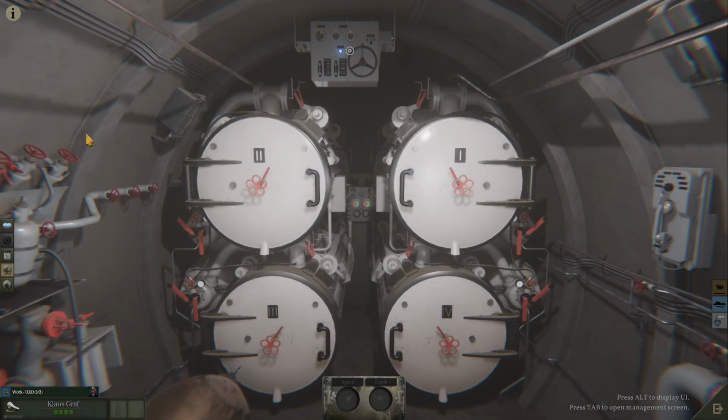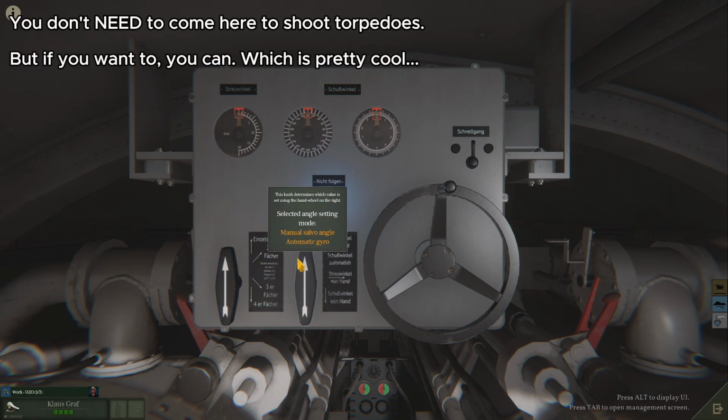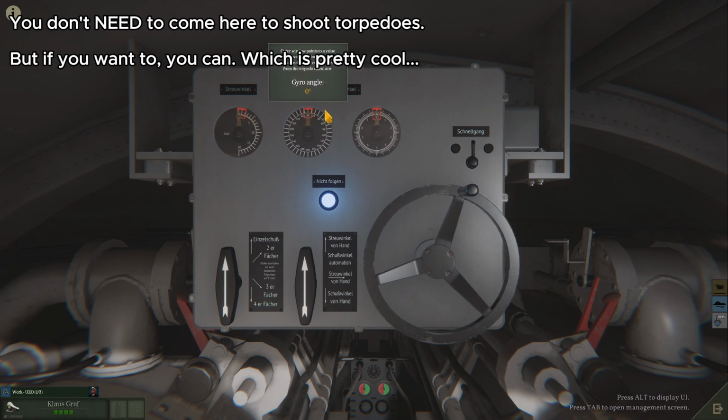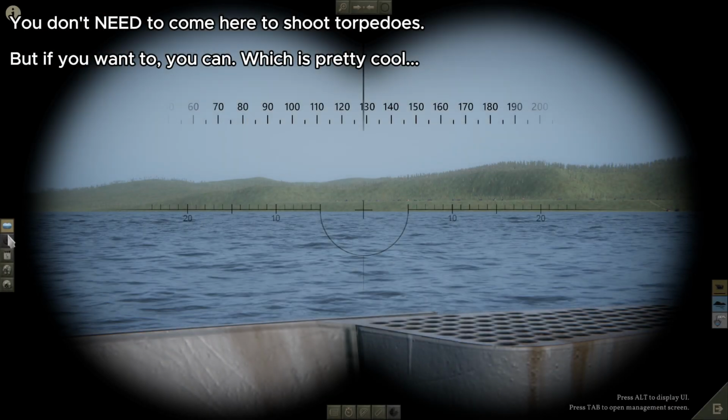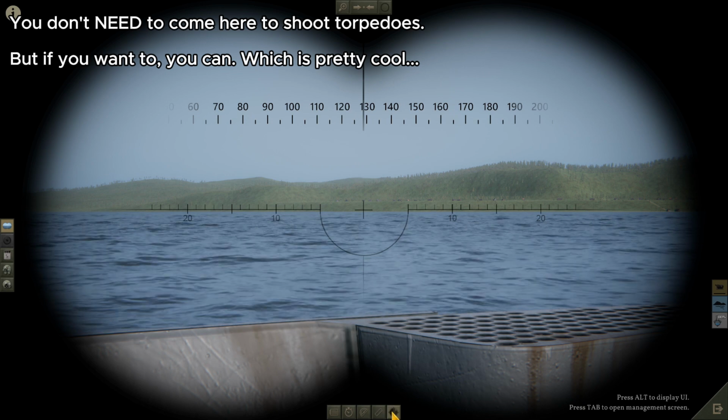Another new thing that we have in the game is that you can control your torpedoes manually from here. You have the ability to select salvos, manual or gyros, the spread angle of the salvo, the gyro angle, a lot of things. I particularly don't use a lot of this screen because you can do all of it from here and from the TDC. But yeah, that adds